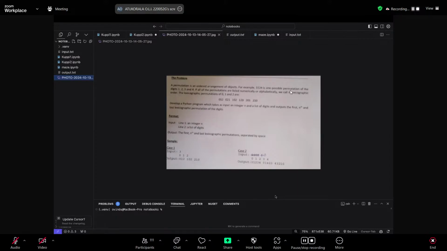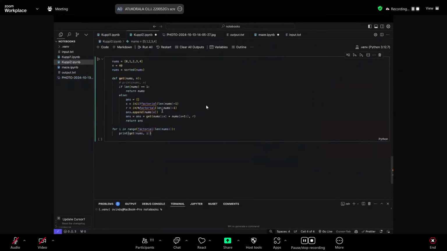What I did here again was a bit of a mathematical solution. I thought of this in terms of what the patterns are and how often these patterns repeat. Did I do recursion? I can't remember if I used recursion.